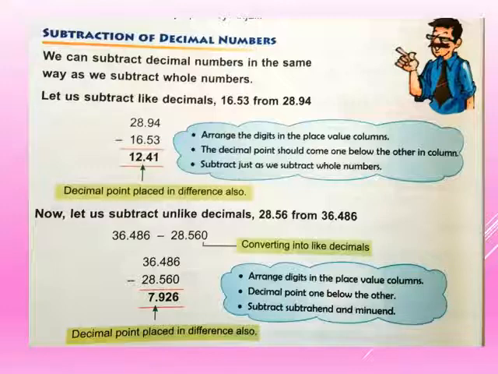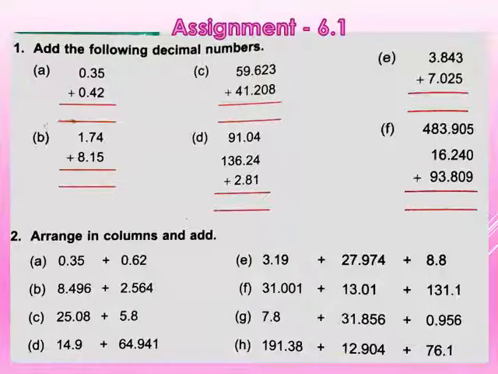So in the simple way as we do in whole numbers, addition and subtraction, carry, borrow, all this we have to do to add and subtract decimal numbers. But if the decimals are unlike, you have to first make them like decimals, and then you can carry on with the subtraction or addition. So dear students, today we have learnt how to add and how to subtract decimal numbers. Here are some questions based on both operations.